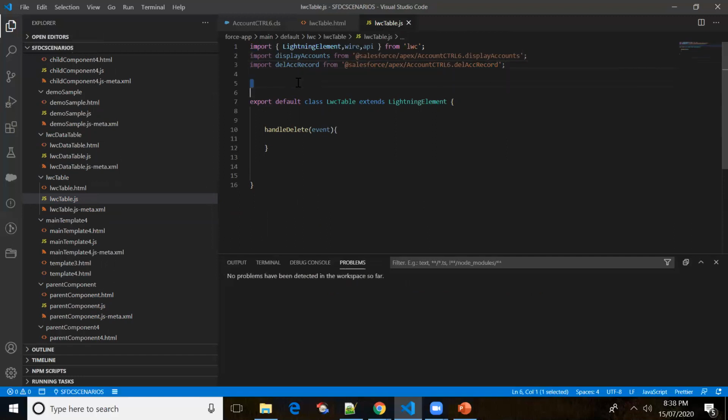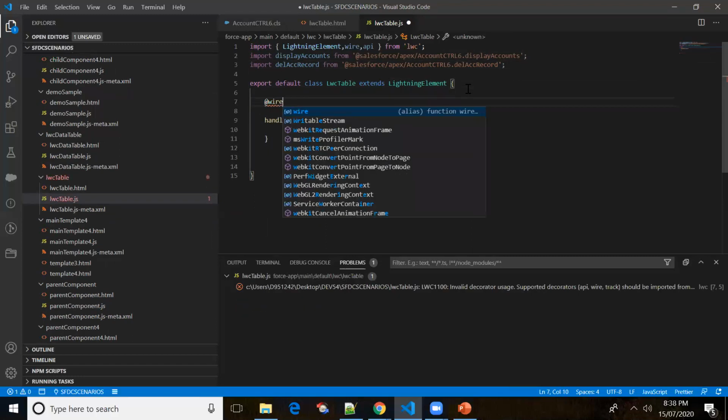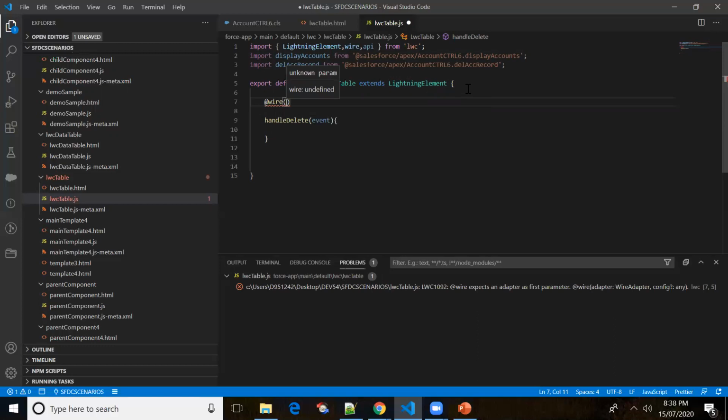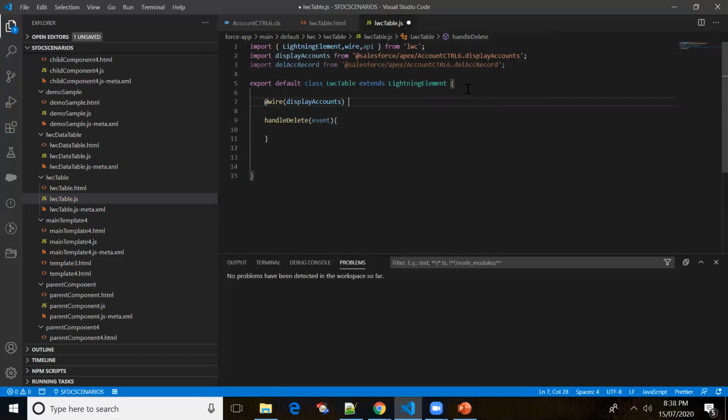Now first we will display the data, later on we will see the delete functionality, right? We put aura enabled cacheable equal to true, so we are displaying the data with the help of wire property. The name of the method is display accounts, and I'm just putting accounts here. Accounts will have two properties, one is data and the other one is error.